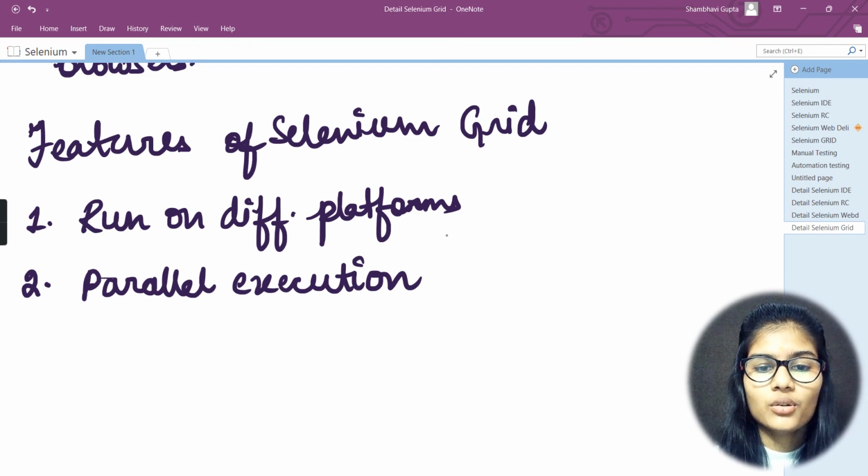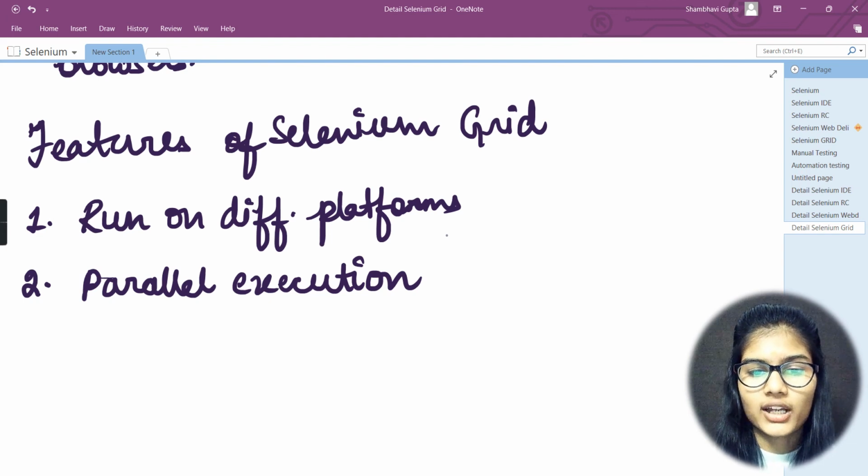I hope I've been clear about the Selenium Grid: what it is, how it is used, and what its features are. Now one more thing regarding the nodes. When you are configuring the nodes, you run the test cases on different platforms.